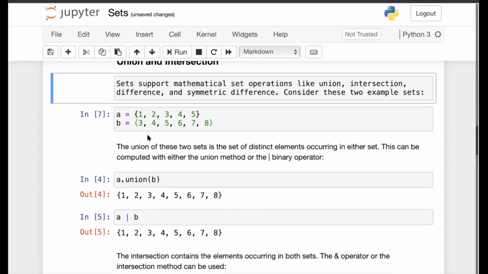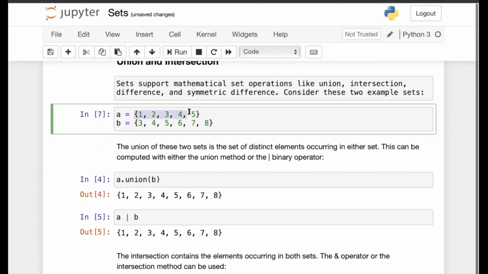For these examples, consider these two sets. The set A consists of these 5 elements, 1, 2, 3, 4, and 5. And the set B contains these 6 elements, 3, 4, 5, 6, 7, 8. Since we would be considering our examples based on these sets, remember that the items which are common to both of these sets are 3, 4, and 5. These three items are present both in set A as well as in set B. Set A has the two unique elements 1 and 2, which are not present in B, and set B has the three unique elements 6, 7, and 8, which are not present in set A.